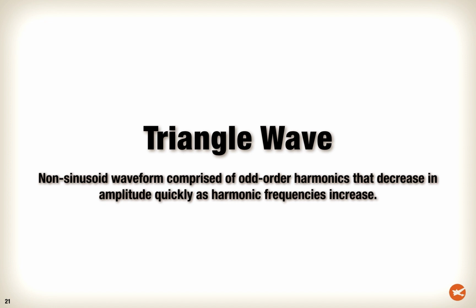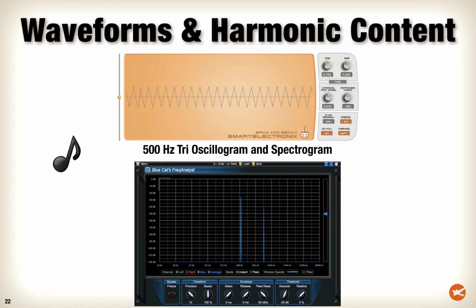A triangle wave is a non-sinusoidal waveform comprised of odd-order harmonics that decrease in amplitude very quickly as harmonic frequencies increase. Here's a 500 Hz triangle waveform shown above in the oscillogram and below in the spectrogram. Once again, the fundamental frequency of 500 Hz has the greatest amplitude. As we look to the right of the fundamental frequency, we can see the odd-ordered harmonics that comprise a triangle wave, and we can see that the amplitude decreases very rapidly, so that we can only really see one harmonic